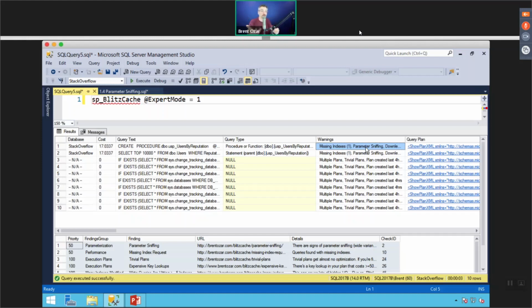Because I bet some of you use Ola Hallengren's database backups, for example. Ola has a stored procedure that'll go through database backups and index rebuilds. Well, sometimes you back up tiny databases, and sometimes you back up large databases. You're using the exact same stored procedure, just with different parameters. That will also look like parameter sniffing. So it's not perfect. Just giving you rough guidance there that we think this thing might have a parameter